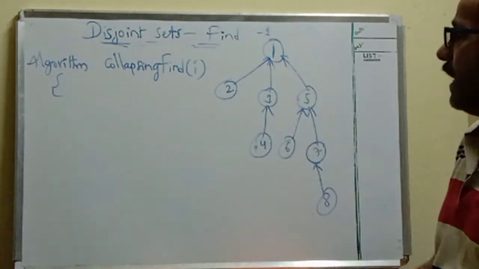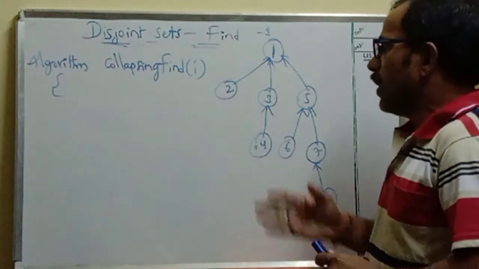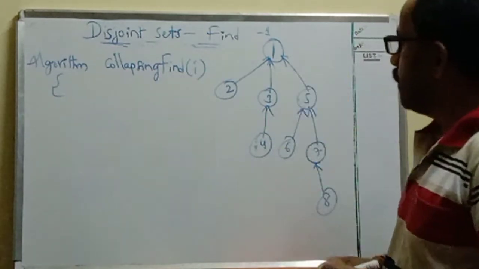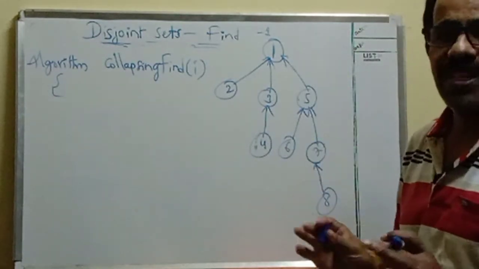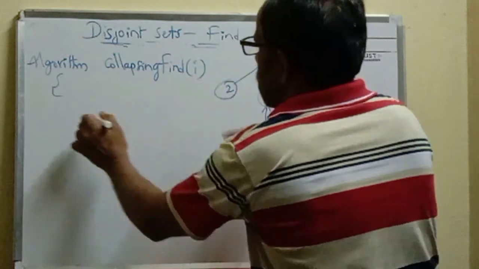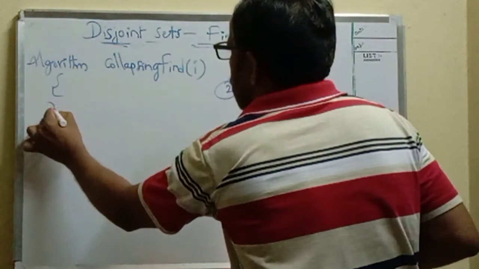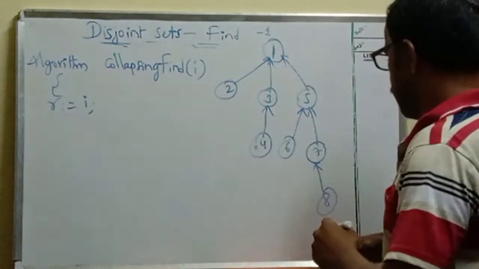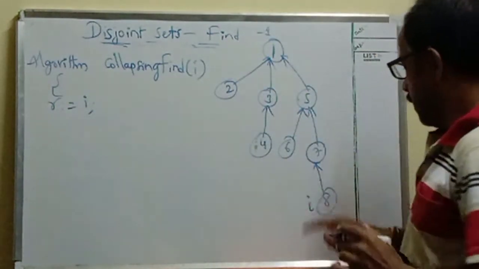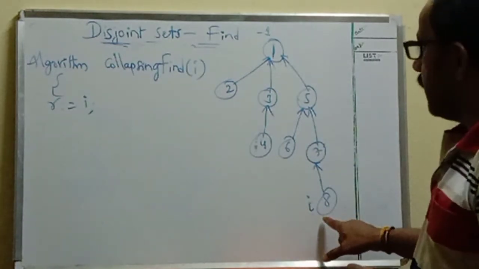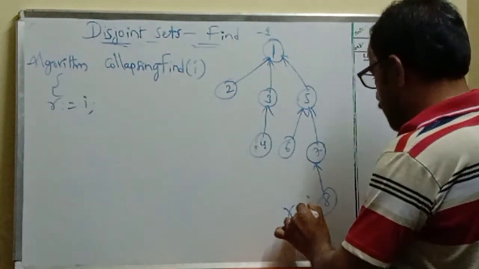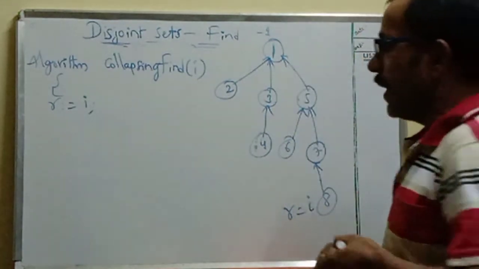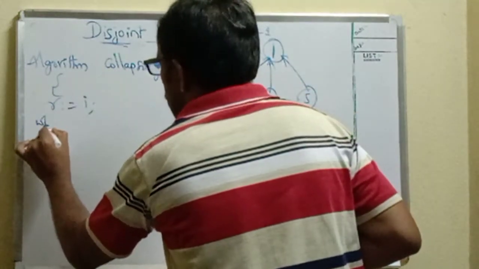Now I am going to explain collapsing find. In collapsing find also, the initial step is the same as simple find. That step is used for finding the root node first. First we need to find what the root node is. So initially we need to start at R. Generally, for remembering purposes, take the root as R, and initially start R at I. Suppose this is I. If you want to find of 8, then I is 8. Then start R initially at 8. Traverse one by one level up until reaching the root node. So for finding the root node, it is a simple procedure.